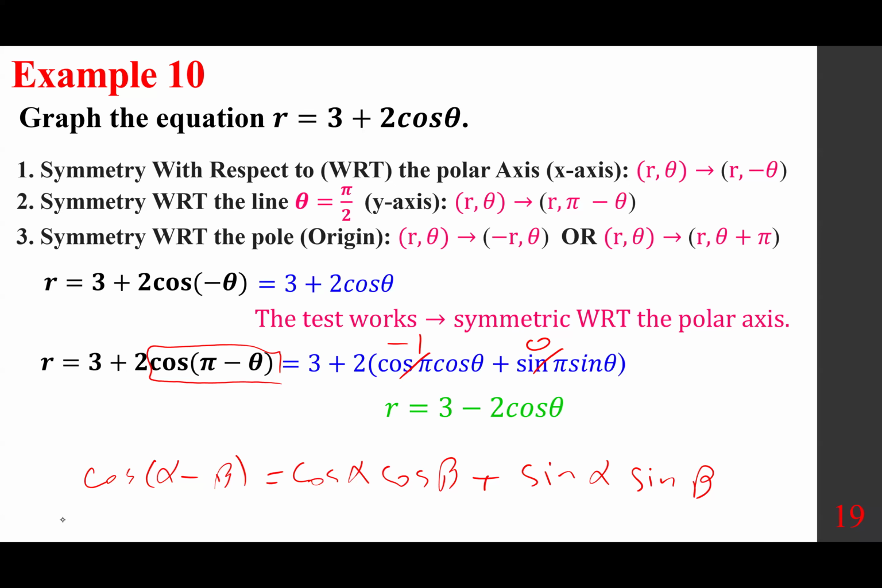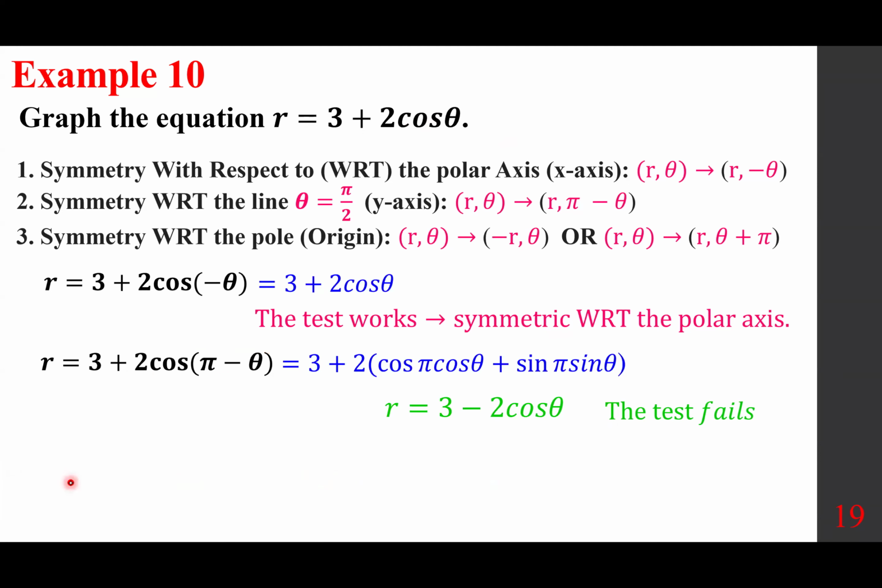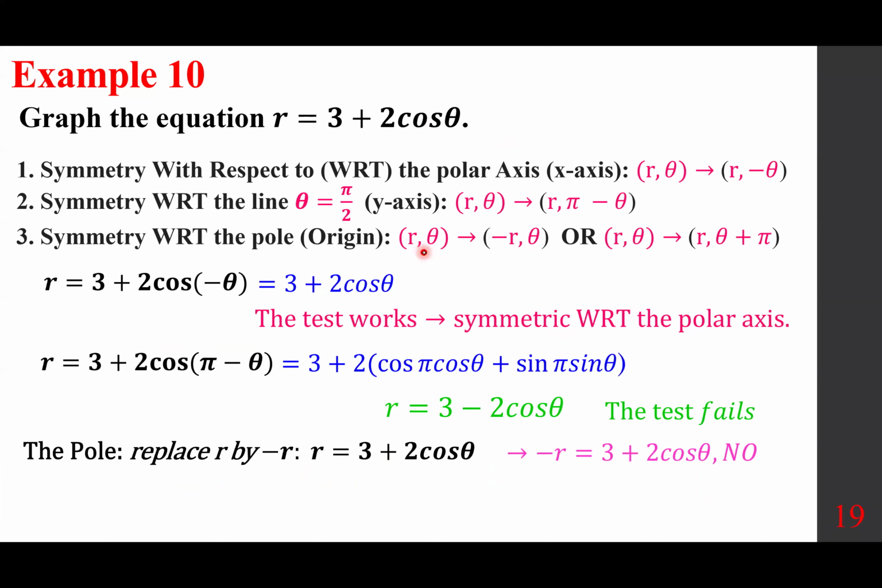And you look at the original one. Are they identical? No, so that fails. That doesn't work. The last one is to replace r with negative r. Is this identical to the original equation? No, so that doesn't work. Second one, you also have to check r and theta plus pi. So put theta plus pi,